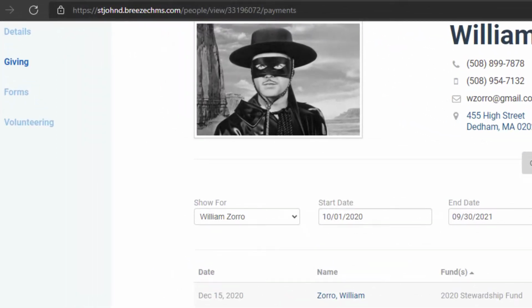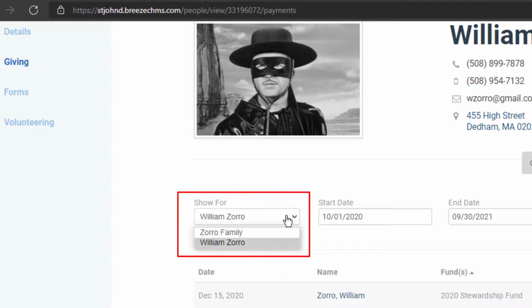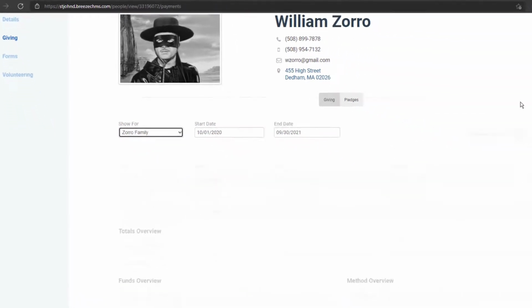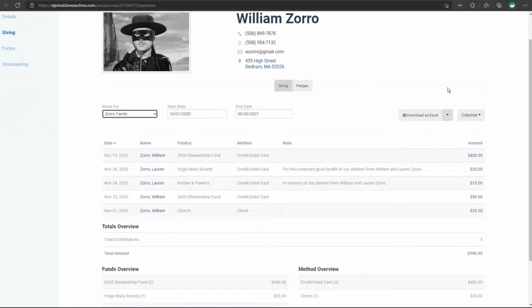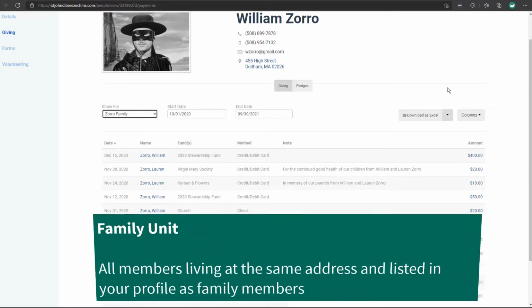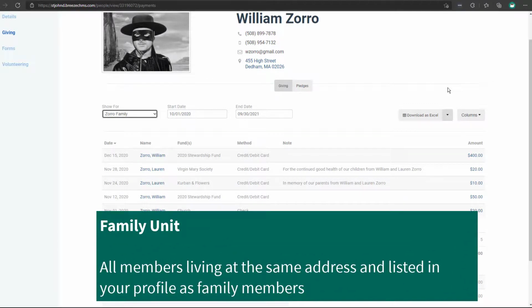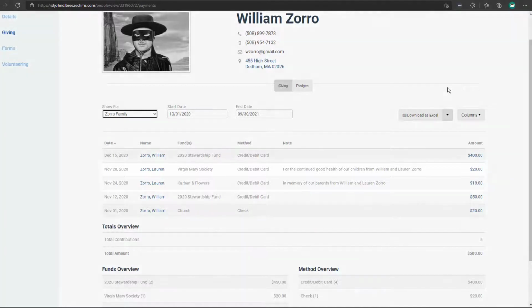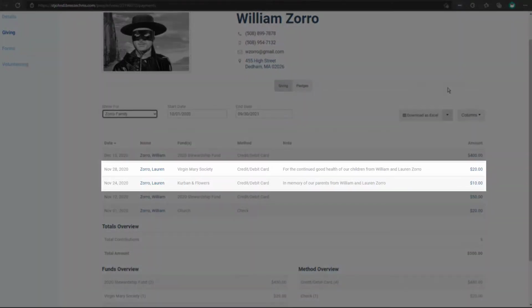As I mentioned earlier, you can look at the giving data for your entire family. To do this, you just go to the Show For column and select the family, in this case, the Zorro family. Now you will see all of the contributions given by everyone in your family unit. Remember from previous videos that a family unit is all members who are living at the same address and listed under your family. You can see an example of the note that was put in for two of the contributions